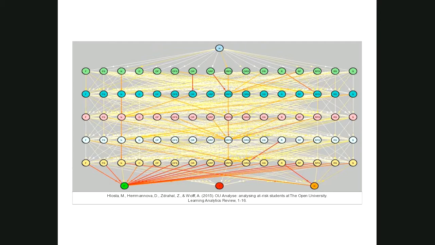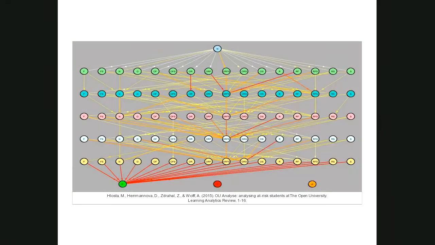It doesn't mean that there's only one path that leads to success, which I think you can quite nicely see on the bottom. After 5 weeks, there is an assessment, and lots of arrows go to the green line, and there are some arrows that go to the red line. And what is interesting is that if you compare this with another module, the predictive analytics has a completely different path. So every module will lead to slightly different routes to Rome. And this is, of course, very interesting.